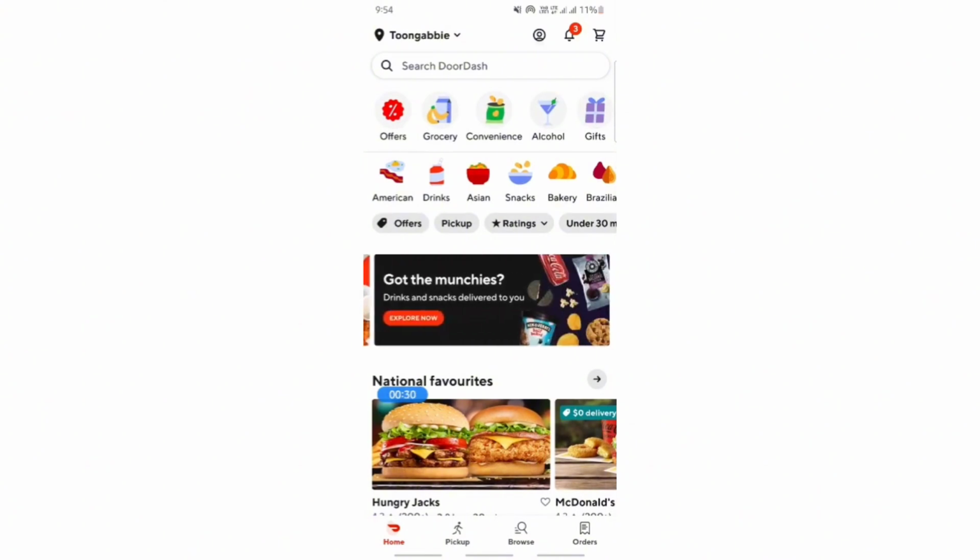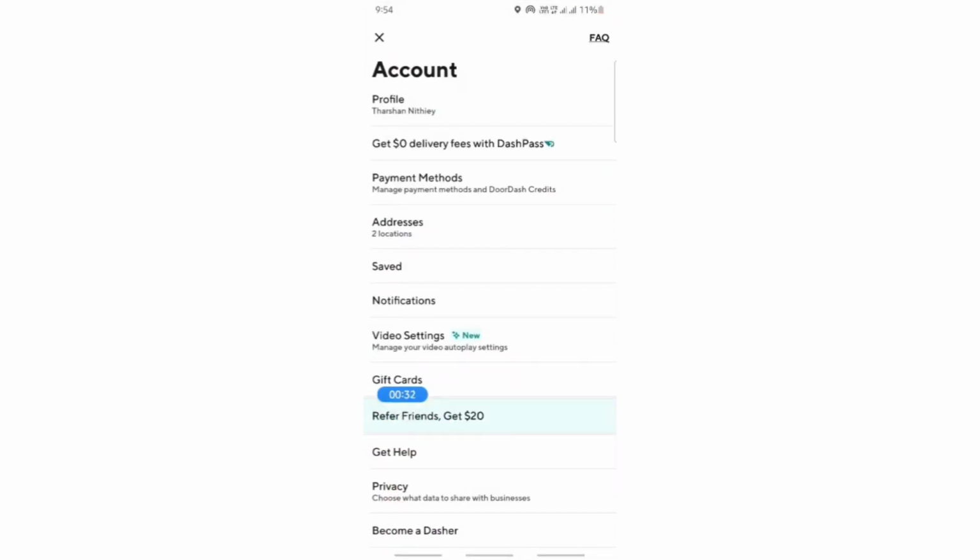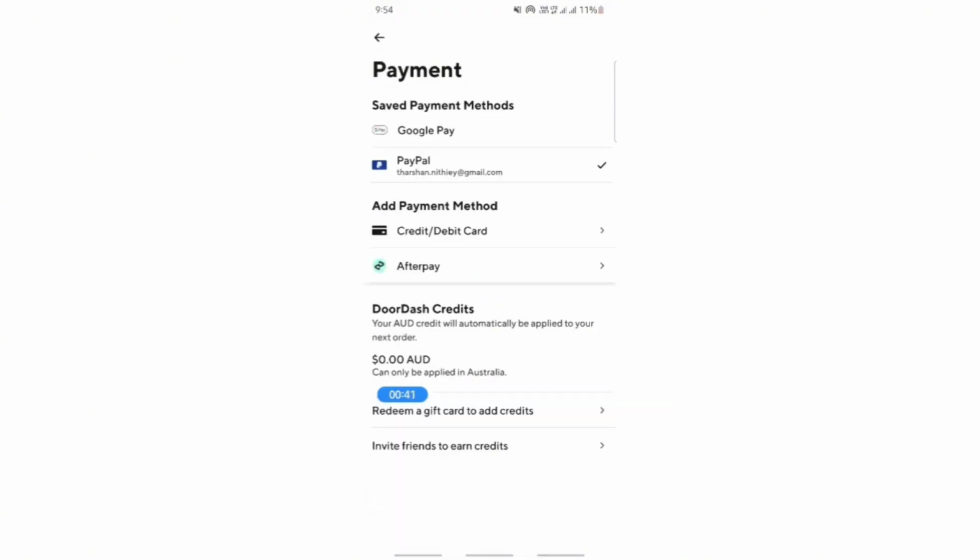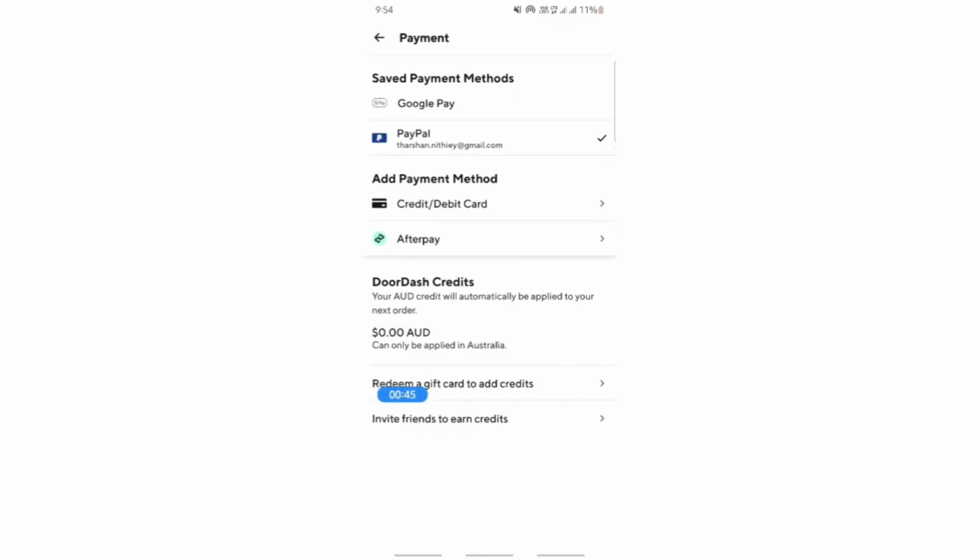Now, once you're on the account settings, head over here into the payments method section. So click on that payments method tab and that will redirect you into the section where you'll be able to find your available payment methods for Doordash. So under that, you'll be able to find this Doordash credits section. And this is where you'll be able to see your Doordash credits, and that is how you can simply see